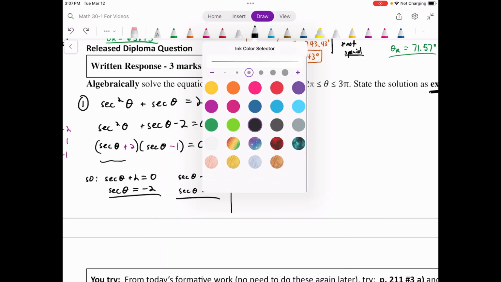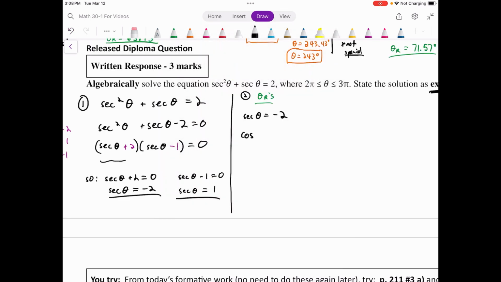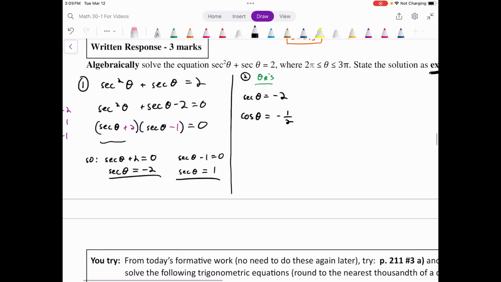Cosine is 1 over secant theta. So then cosine of theta must equal negative 1 over 2. Now, that tells us that whatever our reference angle is, it needs to have a cosine ratio of 1 over